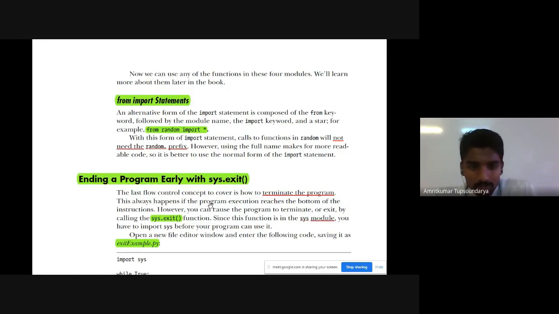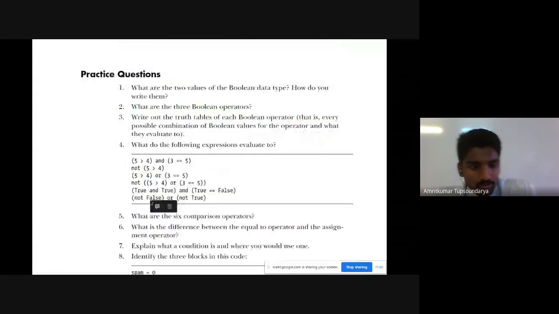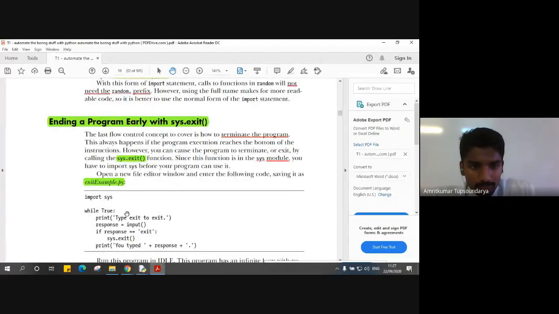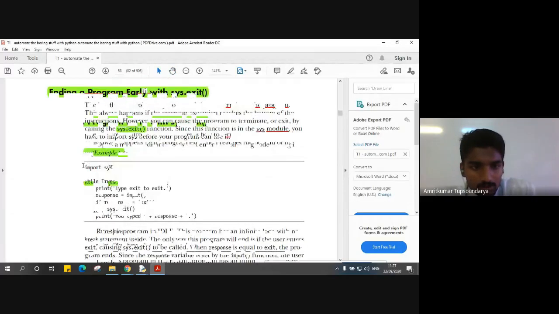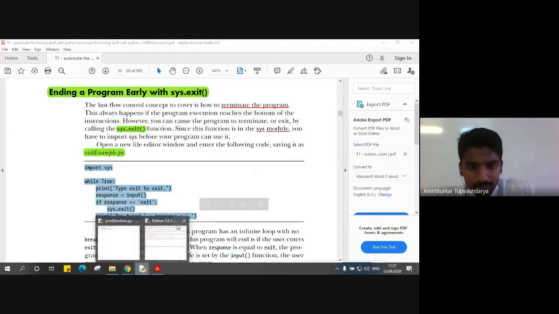So let's have an example of it, right? Let's say we have this program. Let me simply copy and paste so that we can save some time.